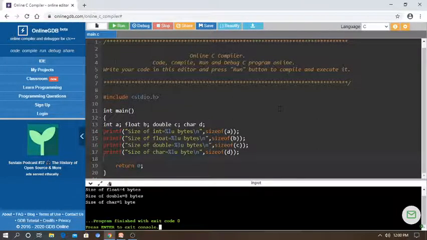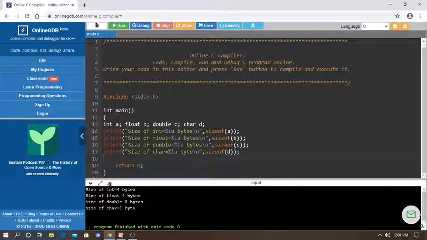Successfully executed. First it prints the size of a, that is 4 bytes, and the size of the float is also 4 bytes, the size of the double is 8 bytes, and the size of char is 1 byte.